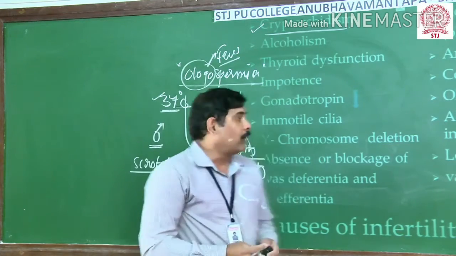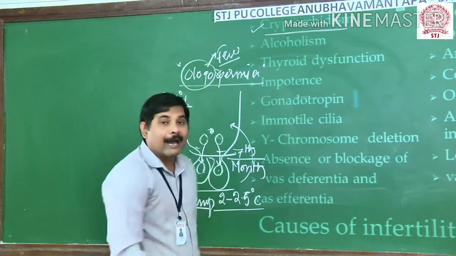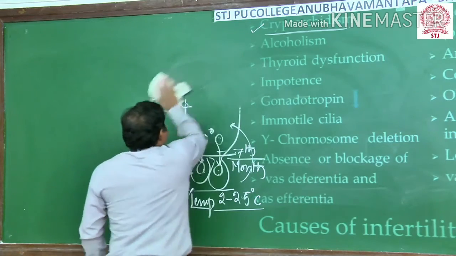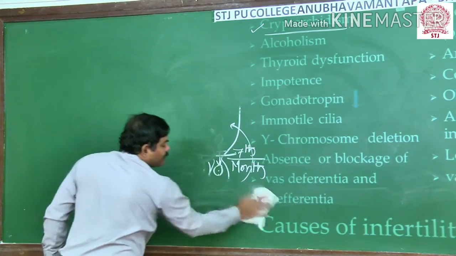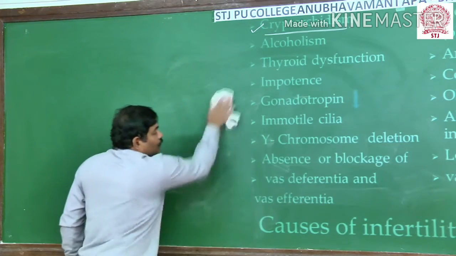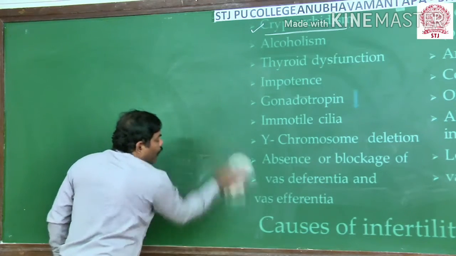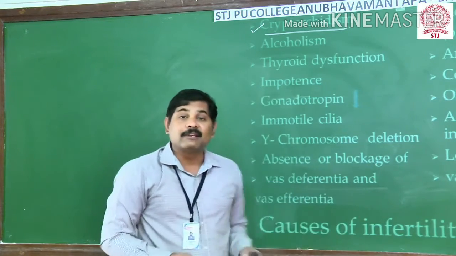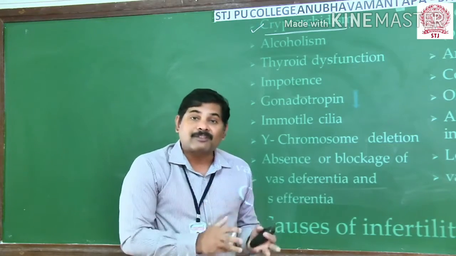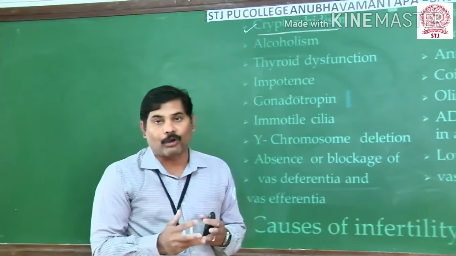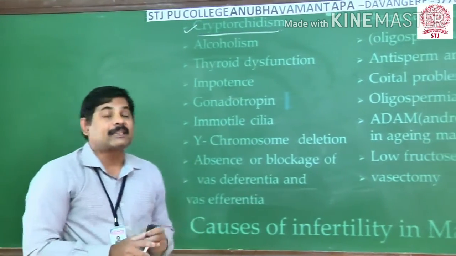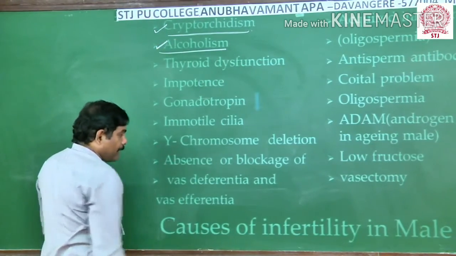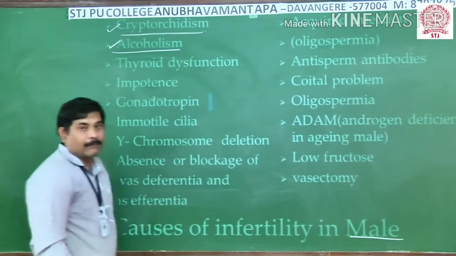So this is one of the problems in a male for infertility. Coming to the second problem, it is alcoholism. Most males take alcohol, and nowadays consumption of alcohol has become a craze among the young generation. Since they are taking alcohol, it definitely shows its effect on the male reproductive system and finally leads to infertility. Persons who get addicted to alcohol and consume more of it have a chance of getting infertility. It is the second important cause, and in males it is a big problem.